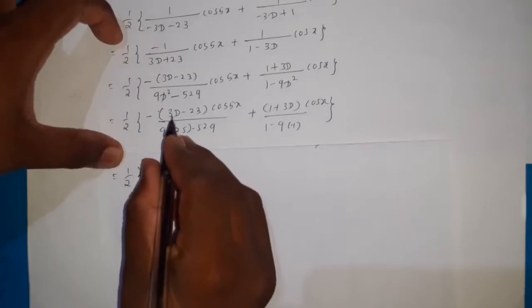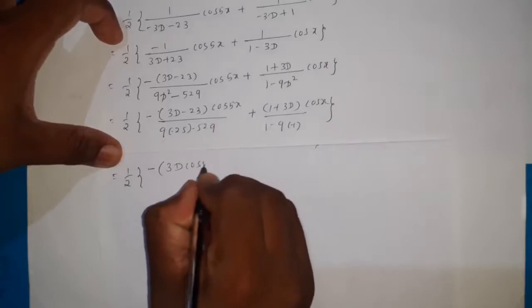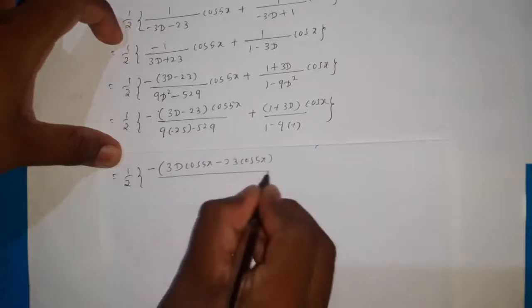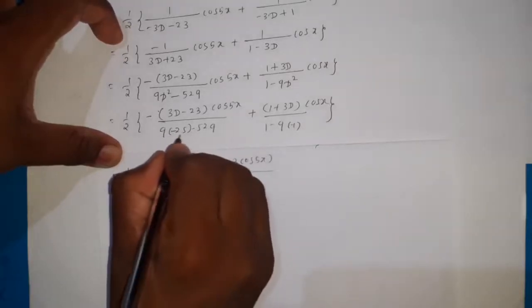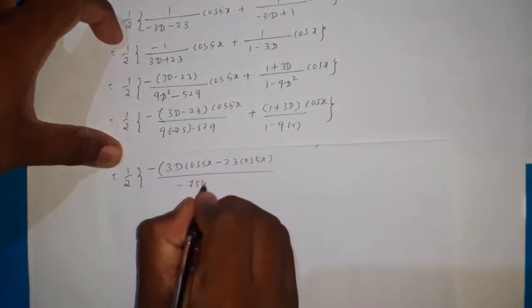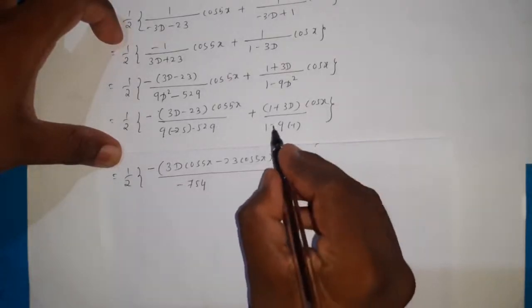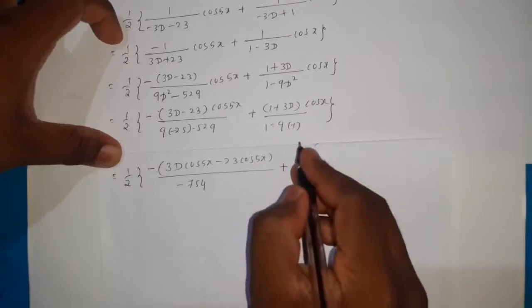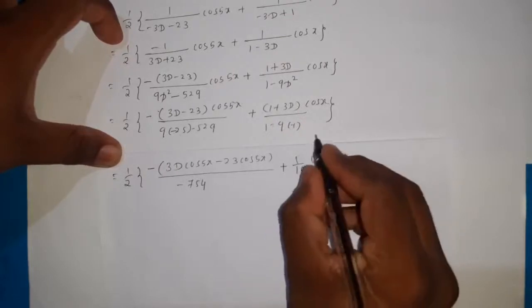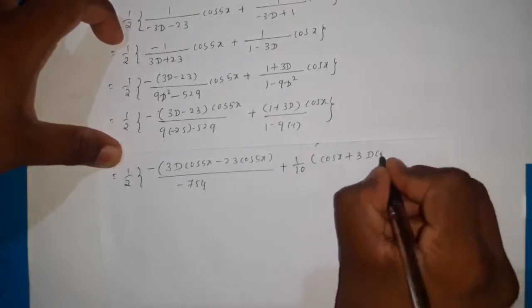It is equal to 1 by 2 minus, so let us multiply this 3d to cos 5x, that becomes 3d cos 5x minus 23 cos 5x divided by. So now 9 into minus 25 minus 529, that becomes minus 754, plus here minus into minus becomes plus, then that becomes 1 plus 9, that is 1 by 10 into 1 into cos x, that is cos x, plus 3 into d cos x,